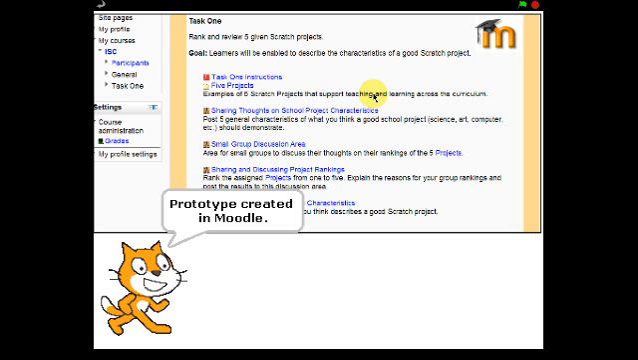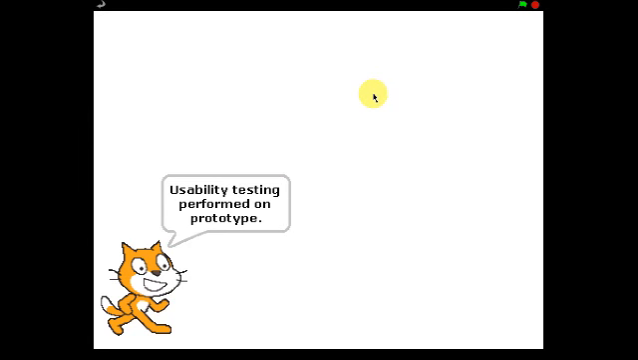A prototype of Task 1 was created in Moodle. This prototype was used for usability testing. Results of usability testing